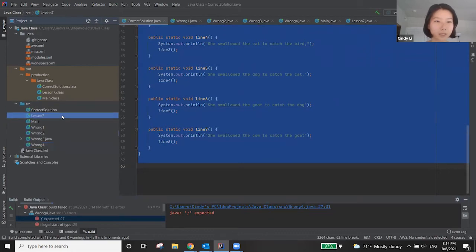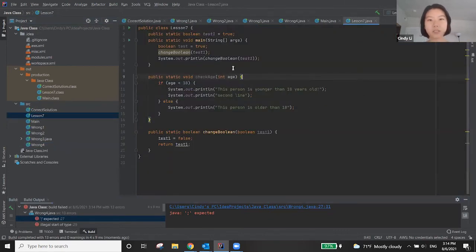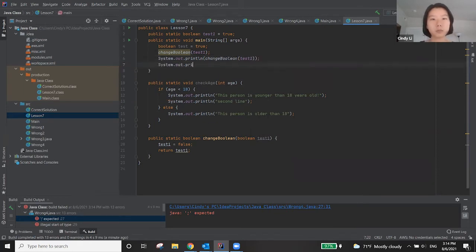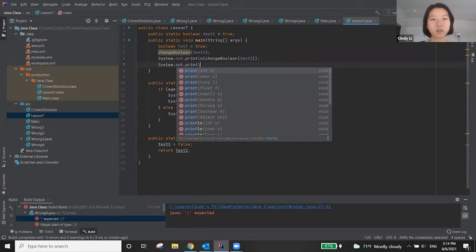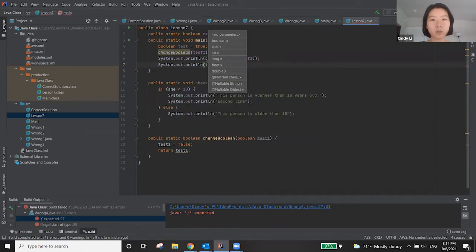Never mind, we have a little technical difficulty here, but I'll just go through this. So when this runs change boolean test1, this should print out false because this returns false, because test1 is false and this returns false. But if we try to print out test1 after this, if we do test1 right here,